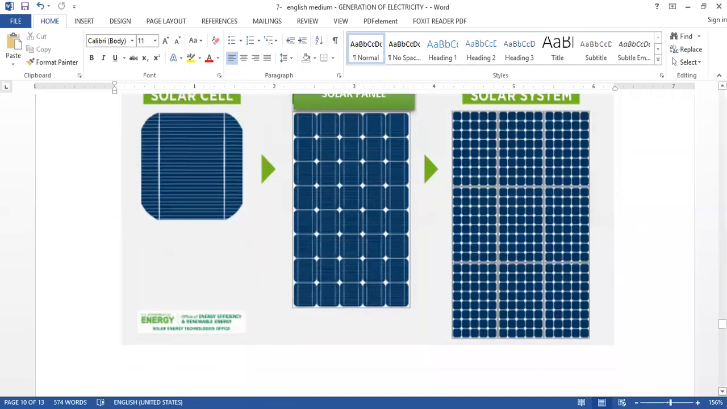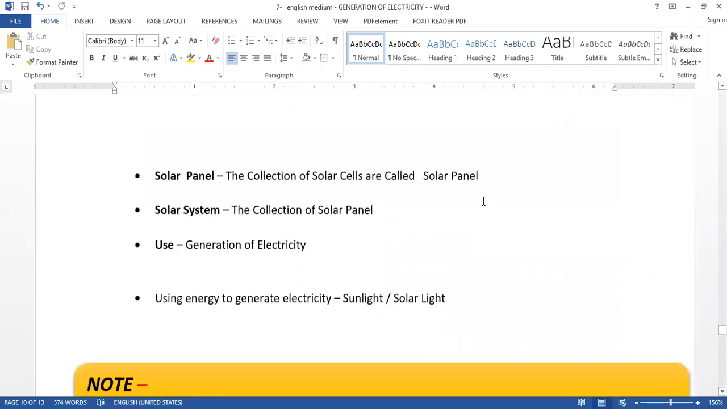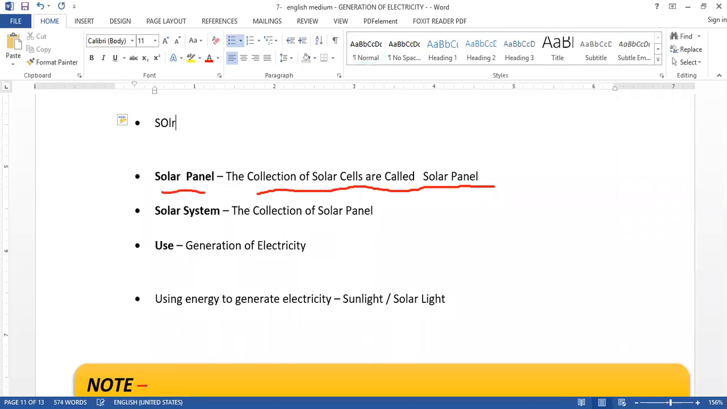Okay, in the solar panel, I have to give another point here. Solar panel means the collection of solar cells is called a solar panel, right? I have to put another point here. Solar cell, single unit of